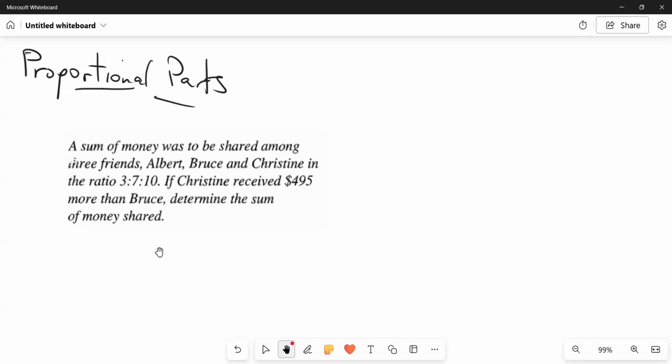And notice, not just two parties are involved, three parties: Albert, Bruce, Christine. And our ratio doesn't have just two parts, like 3 to 7. No, it has three parts, right? So that tells you that we need another technique in order to be able to solve this kind of problem, right? The reason why I say this,